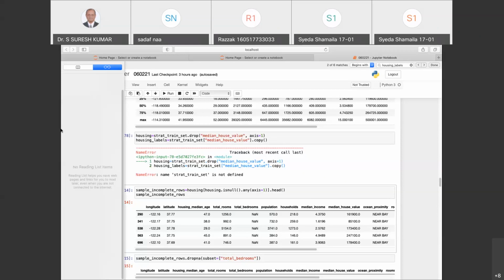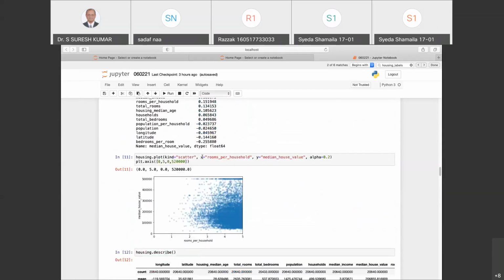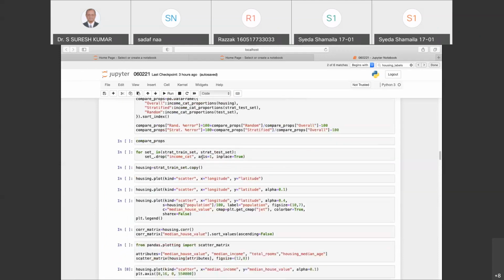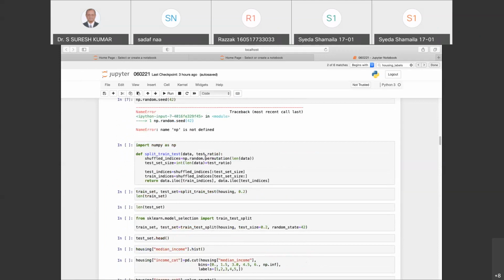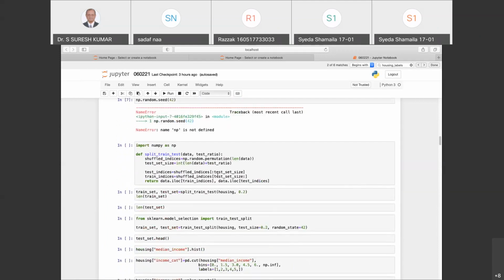So can we check a little more up, before 78? Maybe there is some error somewhere. One second, I'll have to go all the way from the first. Here also there is an error. NP is not defined.